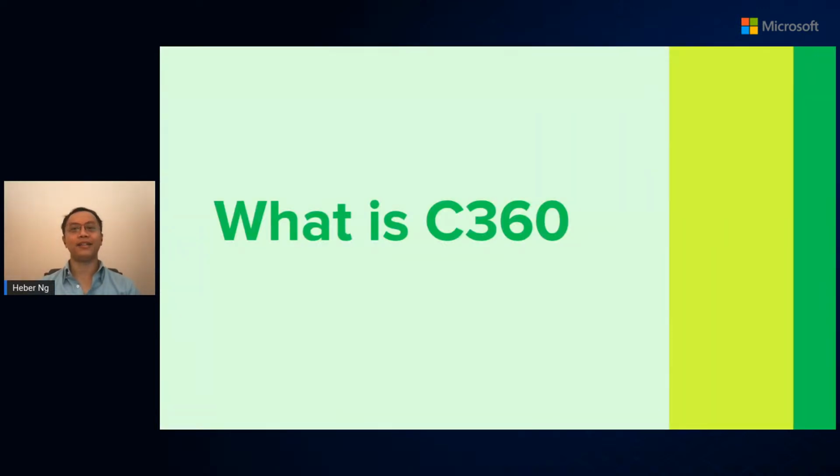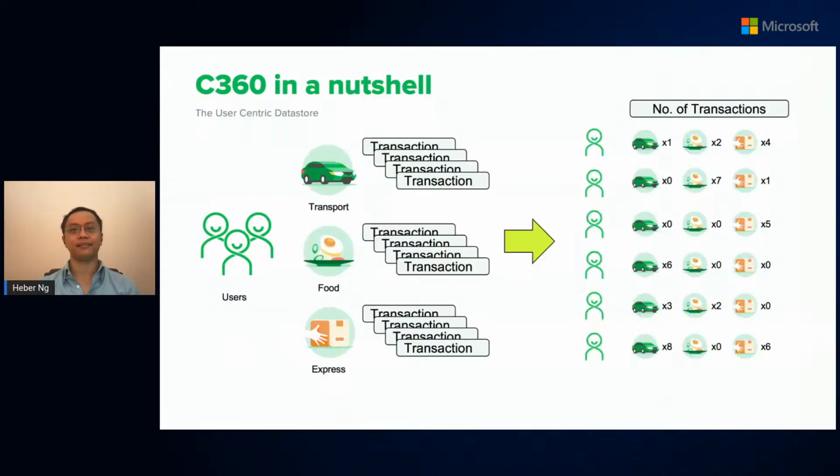Now, as you can imagine, having this many users on the app naturally generates a lot of transactional data. And given that Grab has multiple business verticals, it is critical to consolidate these transactions into a per consumer level. This is so that we can have a holistic view of individual users' behavior. And this is where the C360 project comes in. The goal of the C360 project is to consolidate all our application users' data, including consumers, drivers, and merchants, into individual user level in order to provide that holistic view of the user across all of Grab's business verticals.